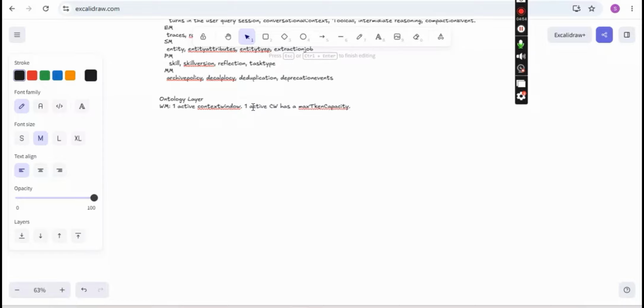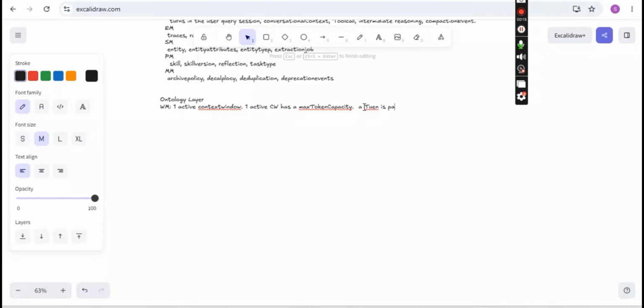So what you understood from here? It is like a relationship, and what WM is, we came to know. A turn, okay, a turn contains tool calls. A turn is part of exactly